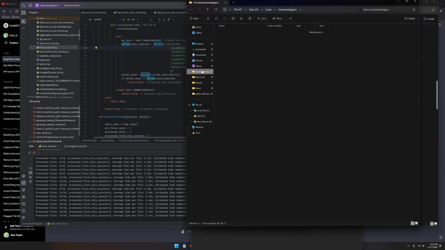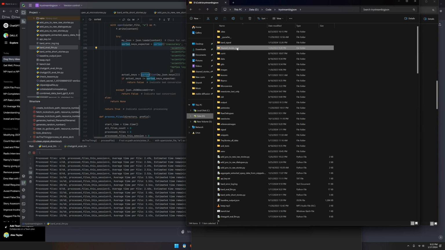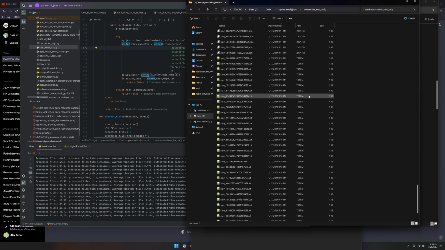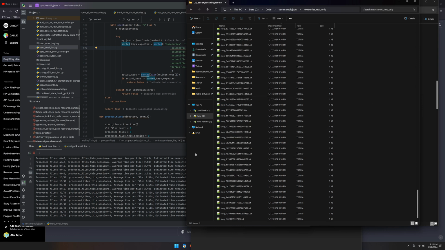All right, so we want to go to news stories text only, which I just realized is not the right name for that. So we have 4 large language models evaluating 20 stories, and we have a parts of speech, and we have the original story. So it should be 6 times 20. So like, why do we have twice as many? Was I wrong?